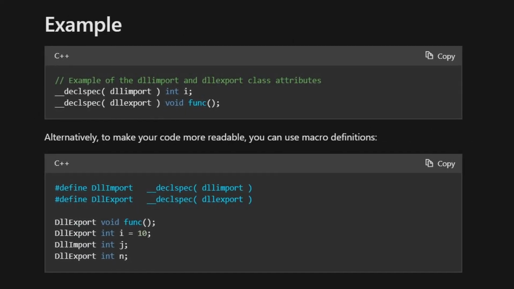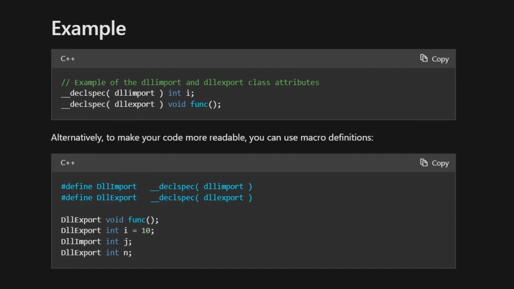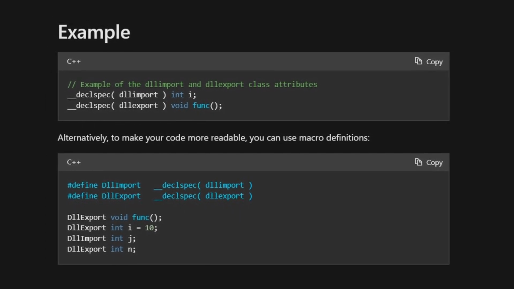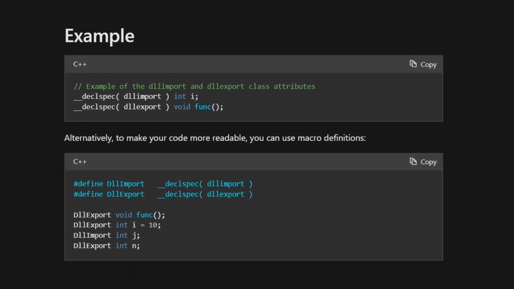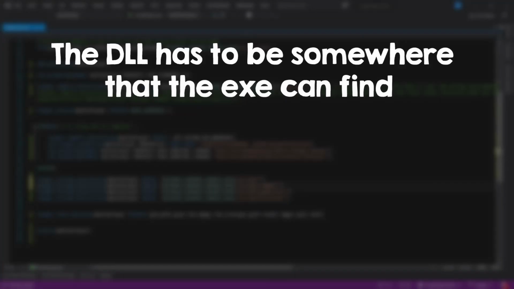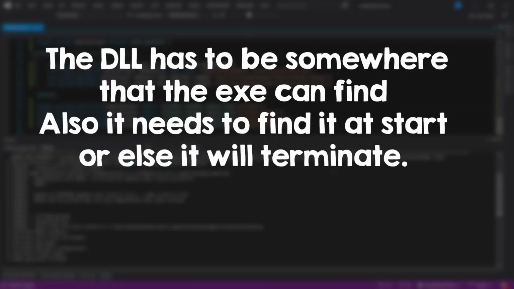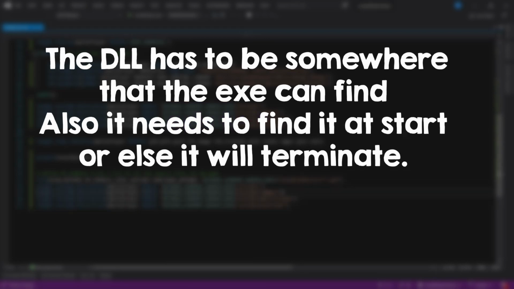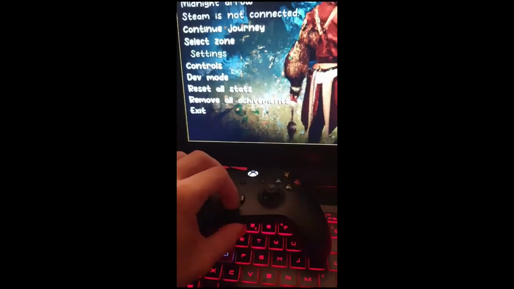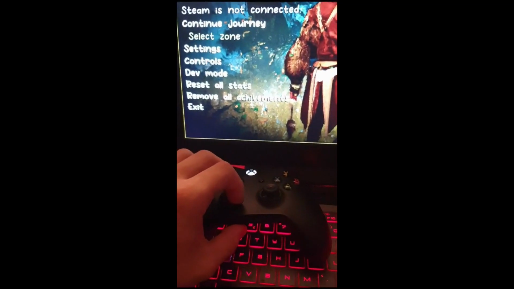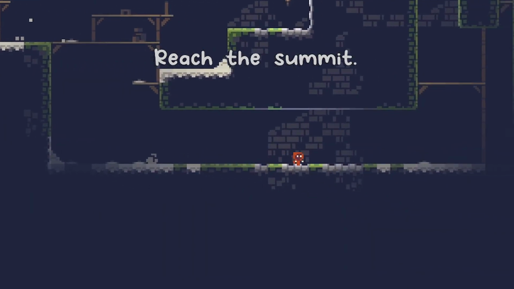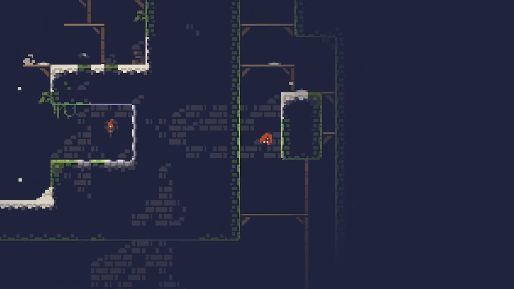You can rely on the C++ runtime to link statically your DLL to your program using DLL export and DLL import, but that removes a lot of flexibility. You can specify the DLL path, and if your program can't find the DLL, it will just terminate its execution. In order to use the XInput API that allows you to use the Xbox controller, you have to load the DLL unfortunately. And if that DLL isn't found for some reason, you don't want your game to just not start. You want to be able to play it, but just without controller support. And yes, that can happen.